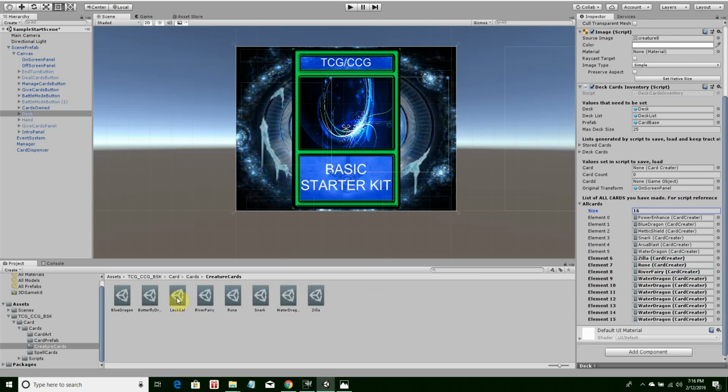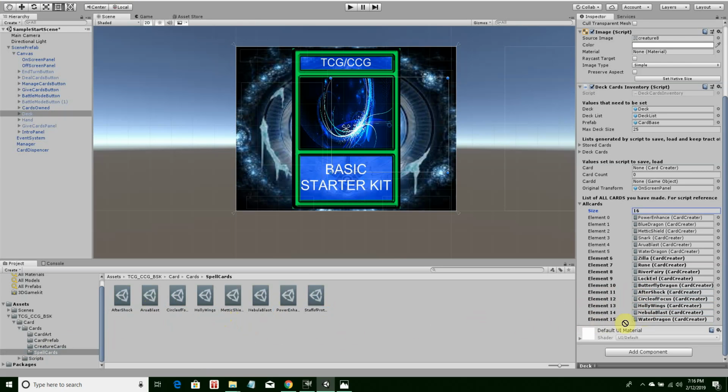River Fairy, Lockhill, and Butterfly Dragon. Now let's go to our spells. Aftershock. Circle of Focus, Holy Wings, Nebula Blast,